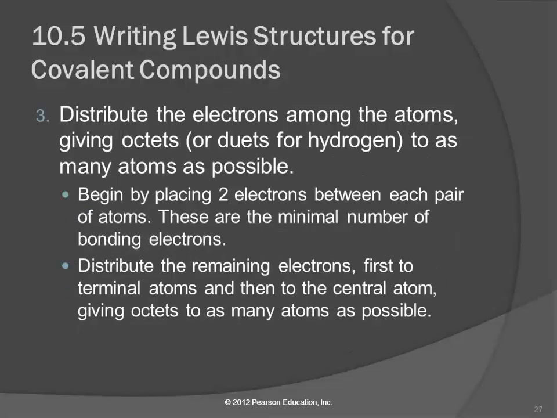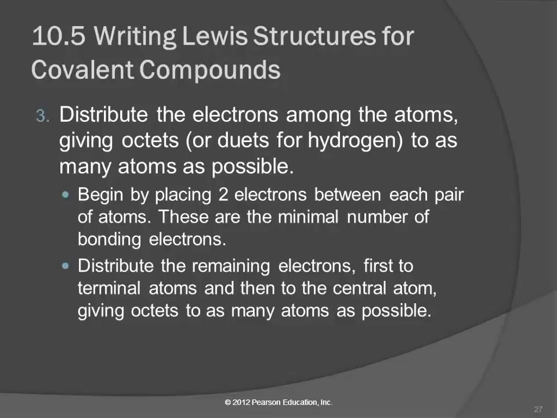Then you take those electrons and you divvy them up. And don't get hung up on who brought which electrons. In Chem 3A, we don't care about that. So imagine these atoms coming in and they're putting all their valence electrons in a big bowl in the middle of the table, and then they're going to share them so that everybody can be happy. So don't worry about which one has to be over here, or where the extra electron goes. You start out by putting 2 electrons between each pair of atoms because there has to be a bond. Otherwise it wouldn't be a molecule. There has to be something holding them together. So put single bonds between all the atoms,